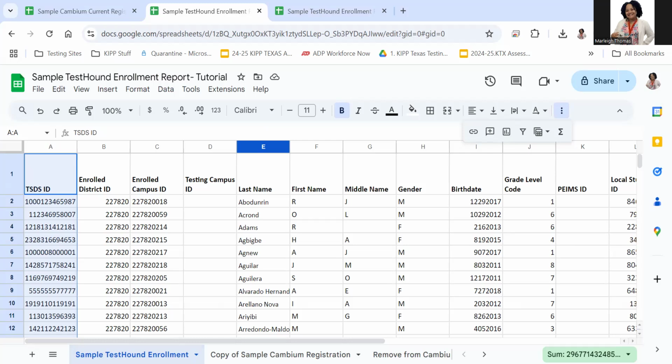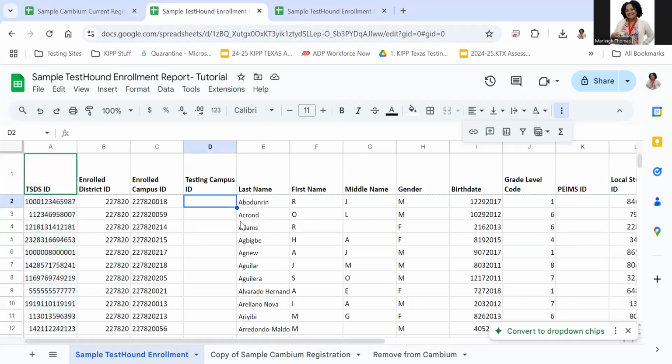I am going to decide which column I'm going to have my returned information in. I see column D is empty. I'm going to use that. I'm going to select cell D2, equals, xlookup, open parentheses. I'm going to look for my TSDS ID number, which is over here in cell A2,